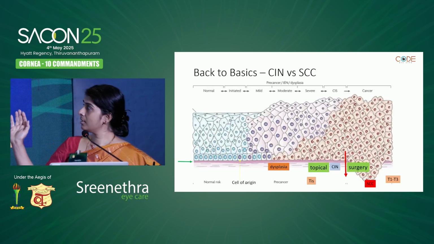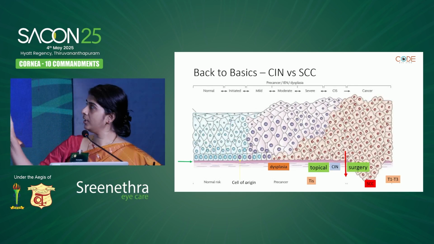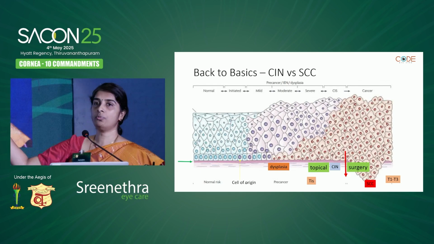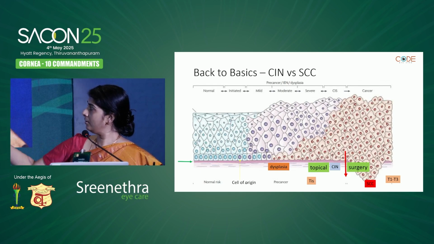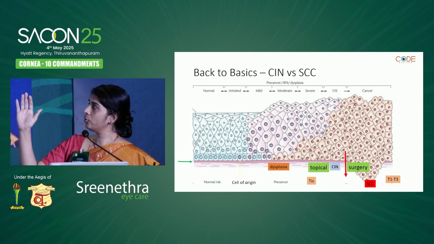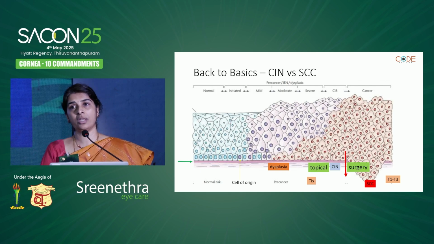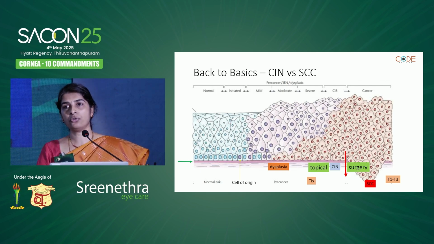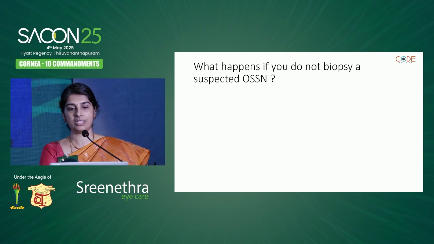And I think this is a slide that beautifully captures how the management occurs in these patients when you're dealing with just an intraepithelial neoplasia versus a squamous cell carcinoma, which is basically differentiated when there is a breach in the basement membrane of the epithelium, because topical therapy works primarily for intraepithelial neoplasia and surgery is something that works for squamous cell carcinoma. That is why you don't always have a complete resolution with topical therapy alone in certain cases, and you need to subject them to surgical excision once you have chemo-reduced these eyes.